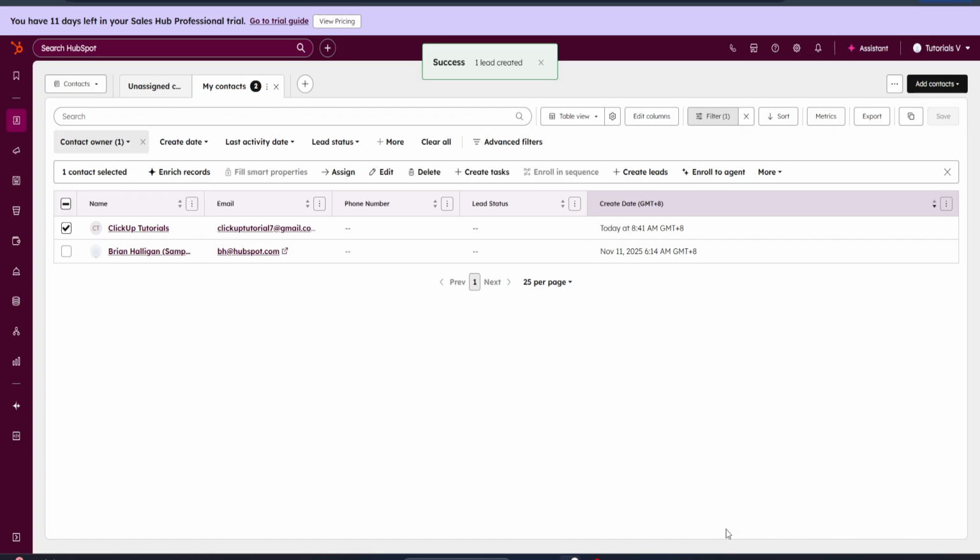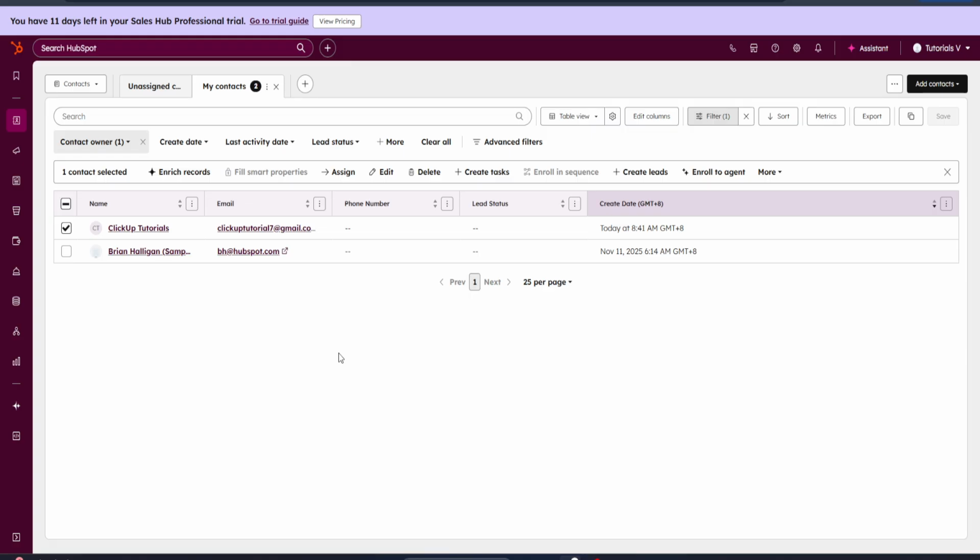Now, the contact is successfully added as a lead within your HubSpot Sales Hub. This step closes the initial flow where you've managed to streamline a contact into a potential client, ready for your personalized prospecting strategies. Remember, consistency is key in prospecting. Make use of HubSpot's robust features like automated follow-ups and personalized emails to keep the conversation going and foster strong